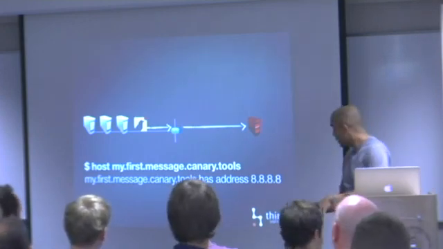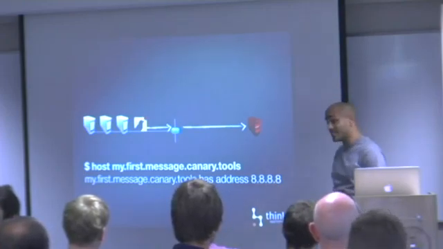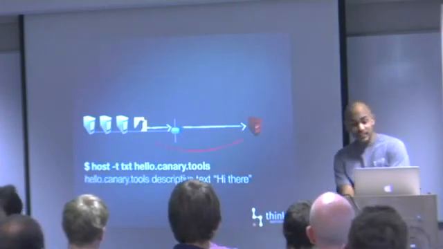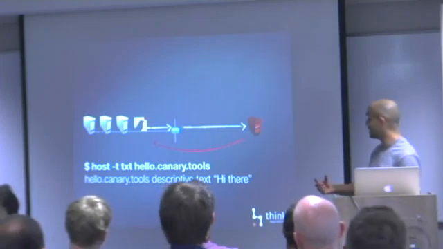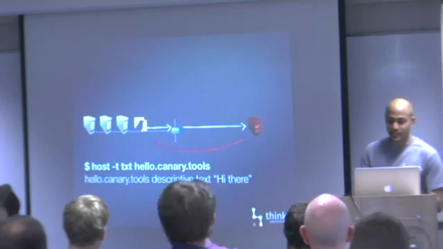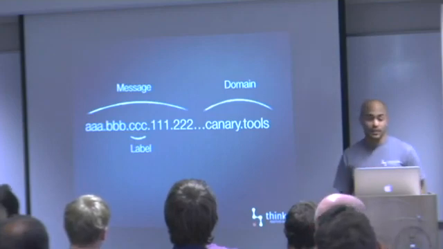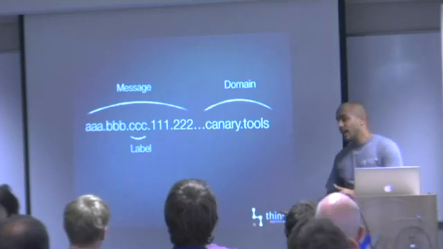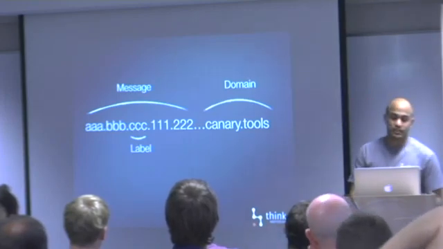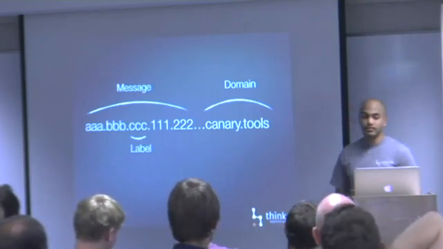You could try encoding your message in an IP address, and if that's too small, maybe switch to IPv6 for a little bit more space. But that's still quite painful. Luckily, there are other types of records called TXT records: you look up the record and you get back a text description. So now we have information going in and out. To tie that together, the Canary can communicate out of this network by doing a text record lookup, with the message encoded in the subdomain, and data coming back in the value of the text record.